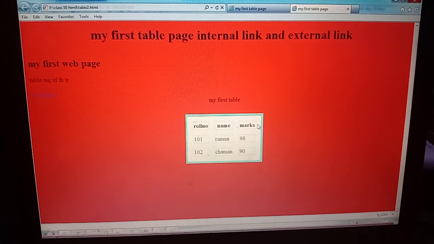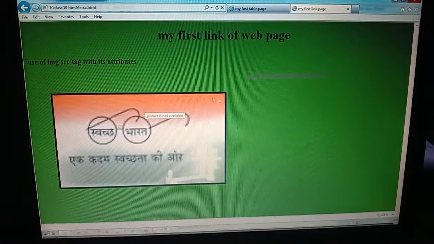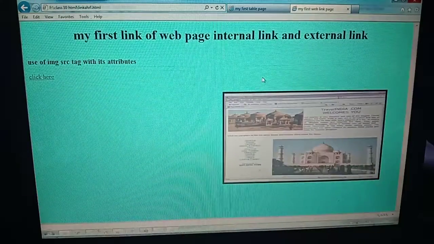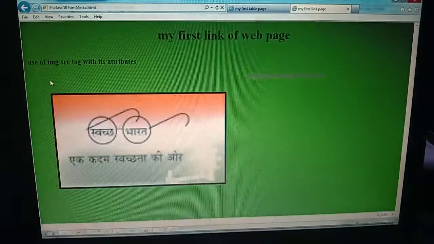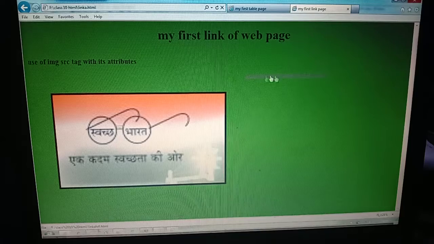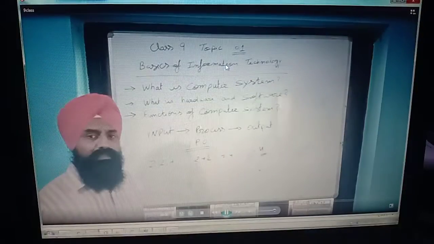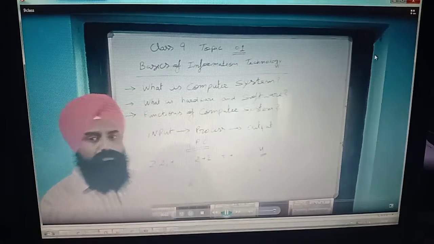So like this, students, we will learn more about the table, and if you want to check the previous concepts, just click here to get another link, that is the href concept, and go back to the previous one. So like this we can check one after another, or you can play the video also. The command video is also available for you.